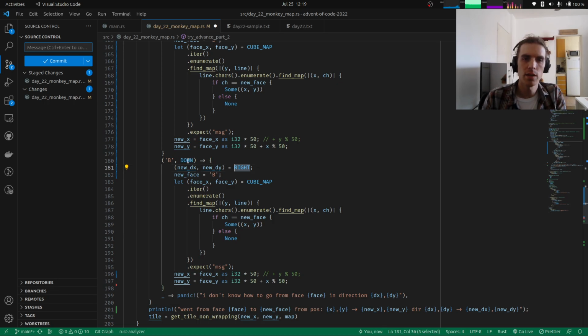Well, actually the new direction is still down, interestingly. Yes. So we didn't change direction this time because we are appearing from the top. The new face is going to be right face. Then we are going to do this, which we can of course extract, but let's not think about that. And then the new X is going to be, okay, the face X, this remains the same, but now we are